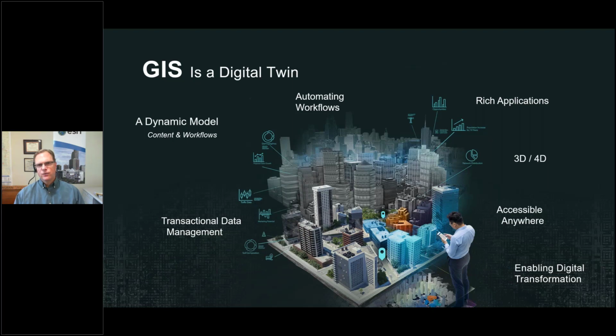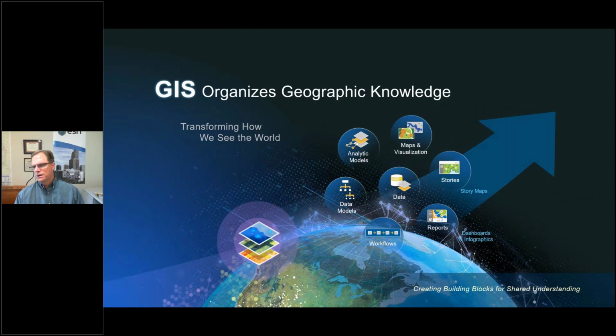But this is really the key for enabling a digital transformation. And again, as we know, GIS really organizes all of this geographic knowledge. Whenever I see this slide, I think about the data that we had to work with 15, 20 years ago as compared to today, and how much more is there, both from a spatial and non-spatial nature. But GIS helps us organize all of that knowledge to again reach that shared understanding so that all of our departments, right, everyone that's involved within planning, because it doesn't work in a vacuum, can work together and be able to be on the same page.